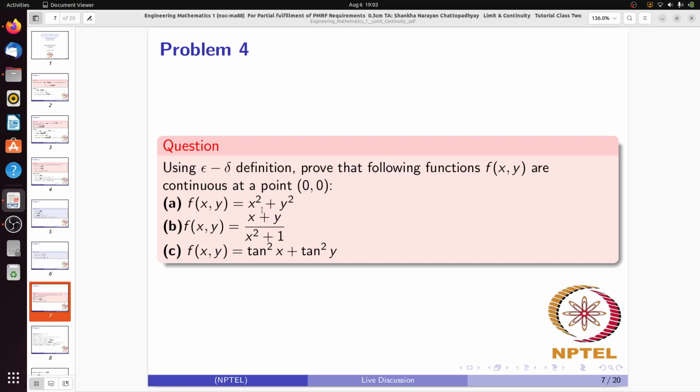So x square plus 1 equals 0 means x square equals minus 1, which eventually gives us x equal to plus minus i, which does not belong to R2. They are not real numbers. So it is also a very nice function.